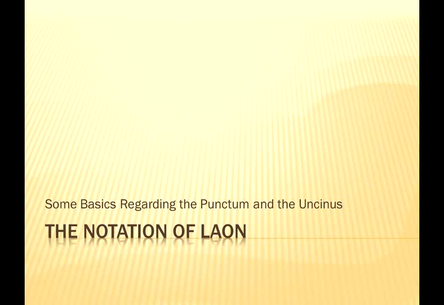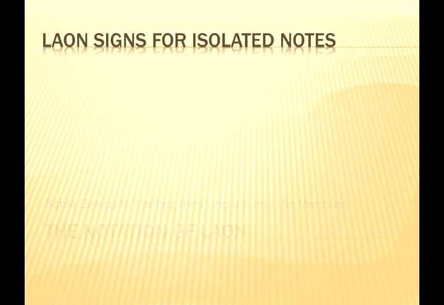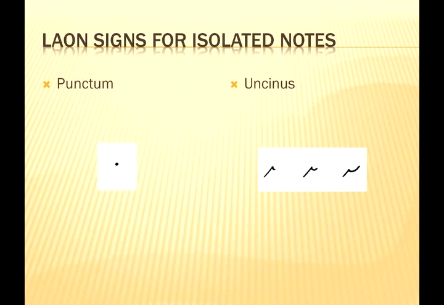In this presentation, I want to give you a basic orientation to two signs that are used fairly frequently in Laon to notate isolated notes: the punctum and the uncinus. Laon uses the punctum for isolated notes much more frequently than does Sangal. Its rhythmic value must simply be expressed as the normal rhythmic value of the syllable it denotes in the context